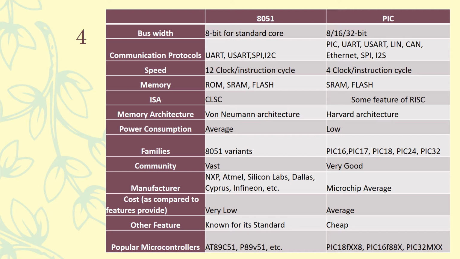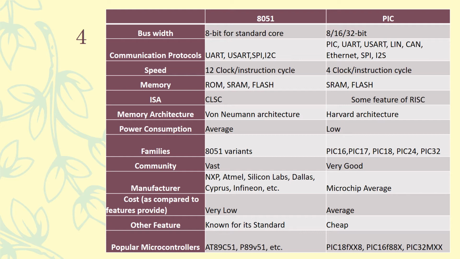Speed wise, 8051 is conventionally following the rule of 12 clocks per instruction cycle, which we used to refer to as a machine cycle frequency we derive. Like for 8051 with a standard crystal frequency of 11.059 MHz, from that we are obtaining the machine cycle frequency, which used to be 921.6 kilohertz. So that is divided by 12. On the same line for PIC microcontrollers also there is a rule, but here it is 4 clocks per instruction cycle. So this also you have to remember.